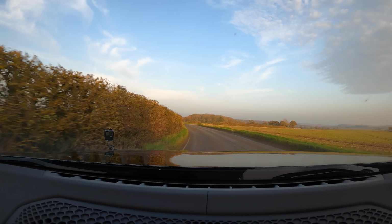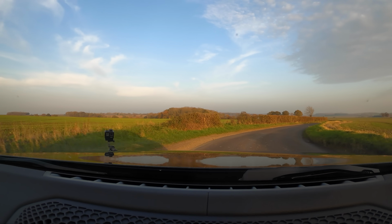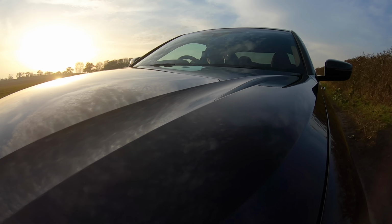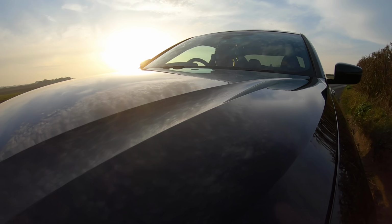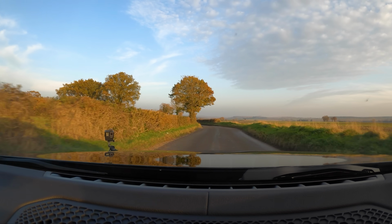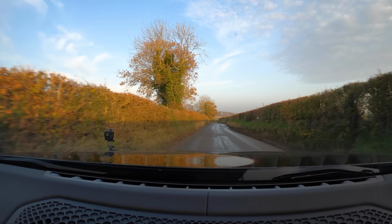Is it worth the £54,000 asking price for the base spec car? I think it really is actually, because it comes with a lot of standard equipment, and although this one is over 60 grand, that's still not ridiculous money when you consider the incoming M4 competition is going to cost nearly £80,000 as a base spec car. So there's still a massive gap difference between the two. In fact, it's going to be around £25,000, and I think that leaves a lot of space for this car,